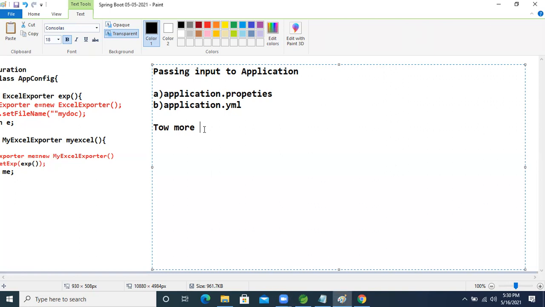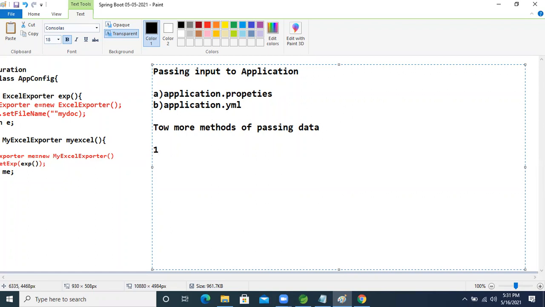So here, two more methods of passing data are there. First I will explain the core Java concept, then I will implement those things in a Spring Boot application.